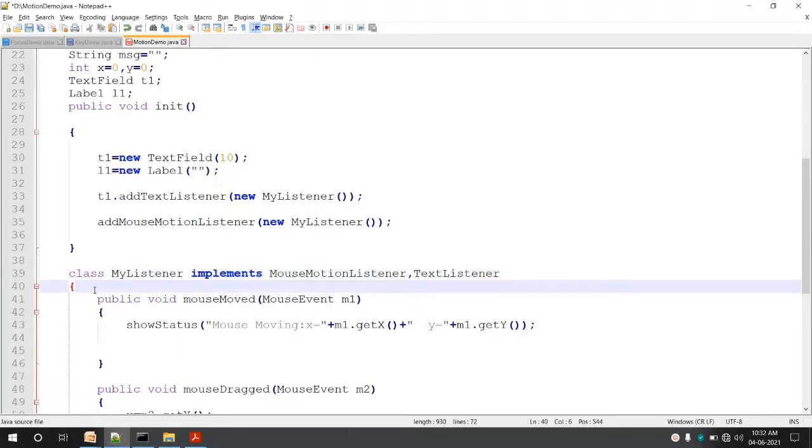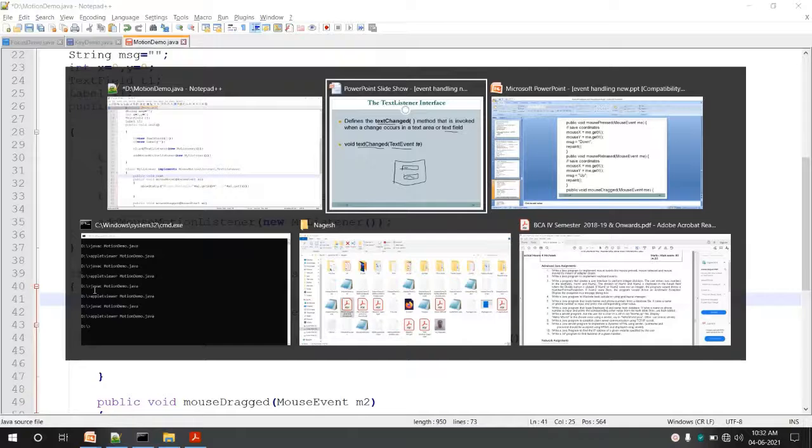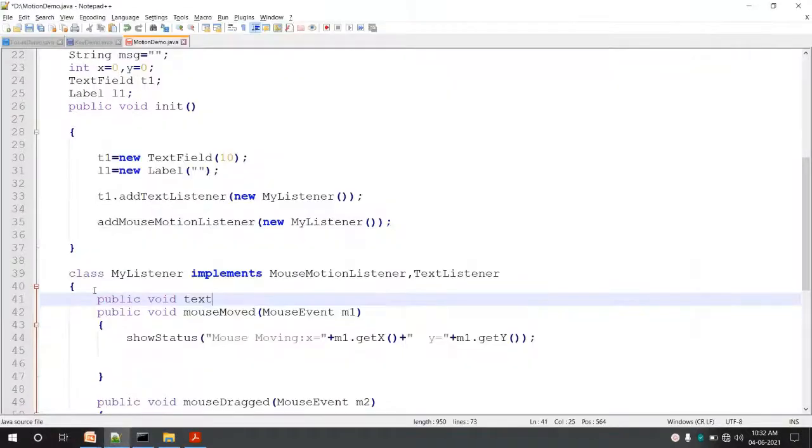So apart from mouse moved and dragged, we should have even public void textChanged. What is that method? textChanged.